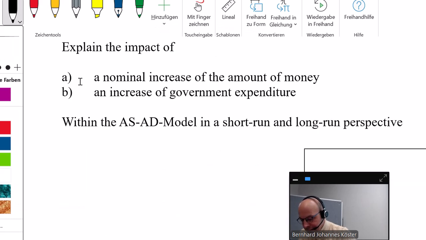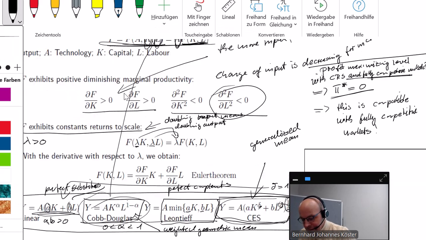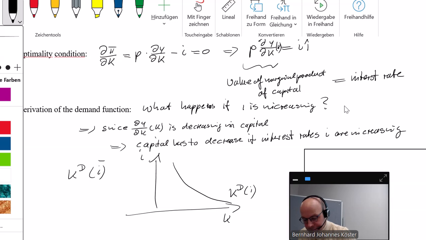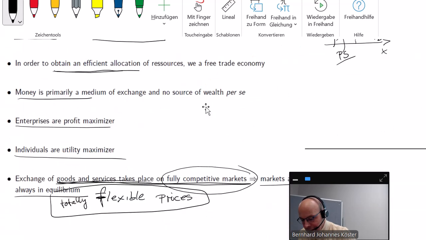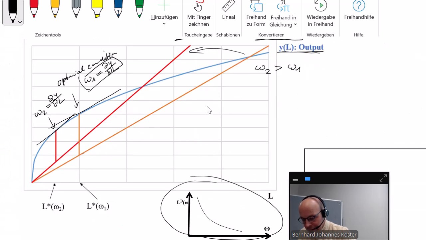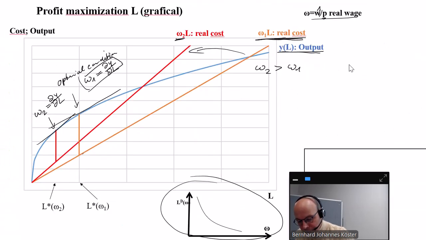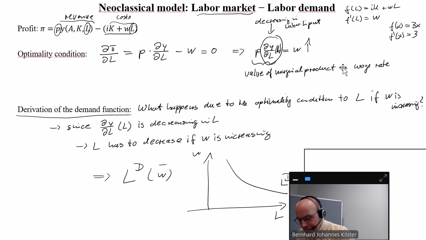For this, we started last time with the labor market that we have derived from the assumption of profit maximization and fully competitive markets,